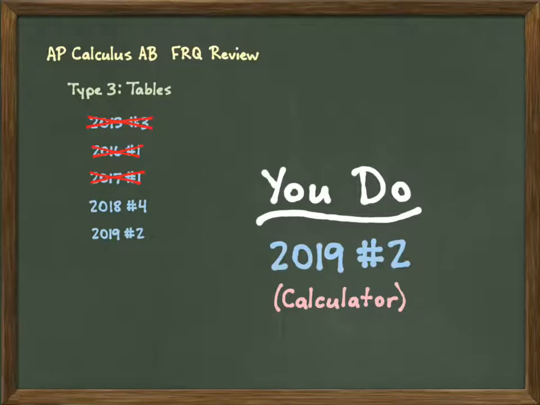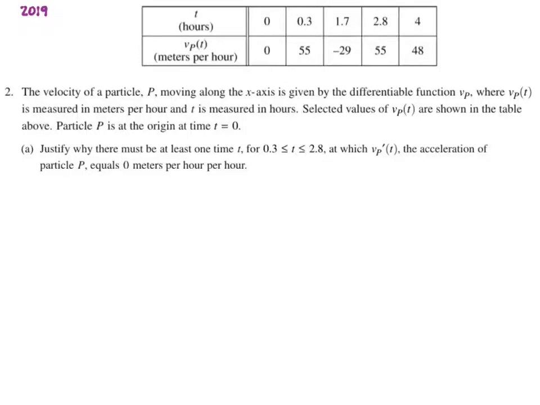For number 2 on 2019, this is a problem that you should have done on your own. If you haven't, please push pause, go back and do it on your own, and then come back and grade yourself. For number 2, we're given a table, and it says the velocity of particle P moving along the x-axis